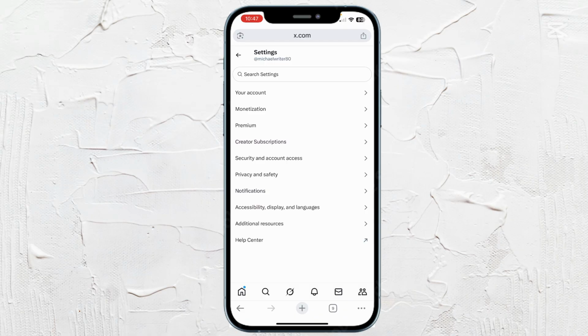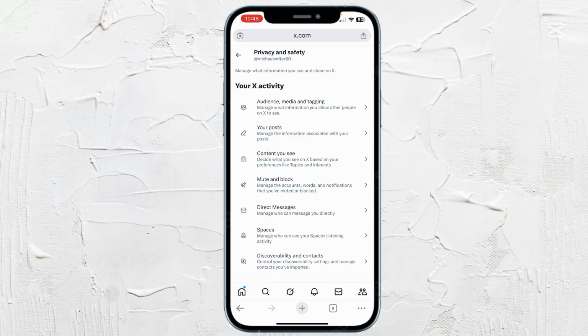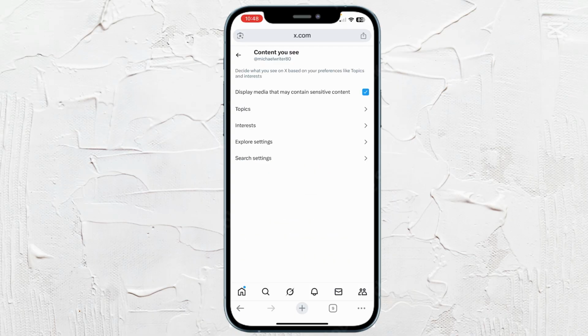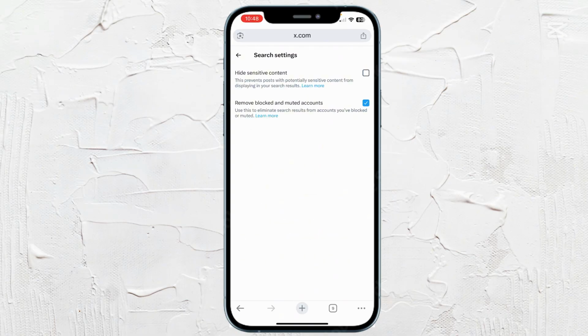So from here, what you want to do is look further down the page and go to where it says privacy and safety and go to content that you see and go to search settings. So from here, all you have to do is check the box where it says hide sensitive content and it's